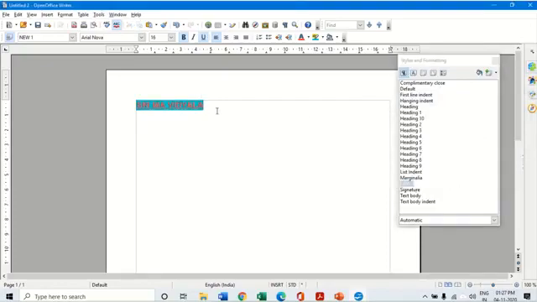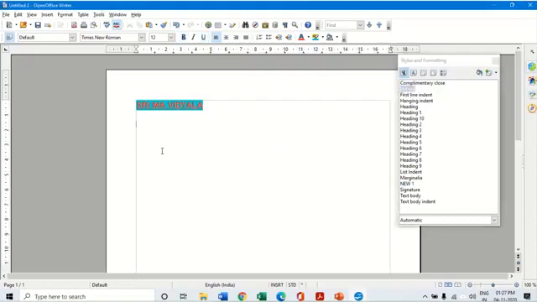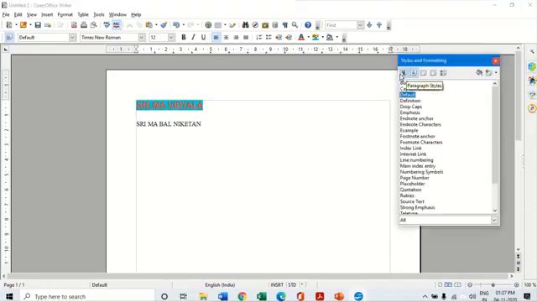Now here I can come down, click on default, and type another name, let's take Shri Ma Balniketan. Here I can now select from the list of all the different formattings available to me.